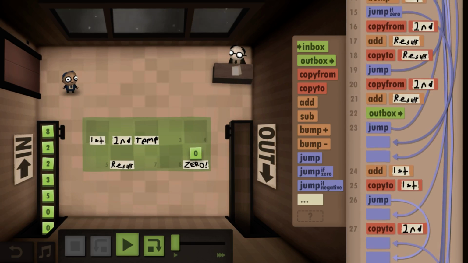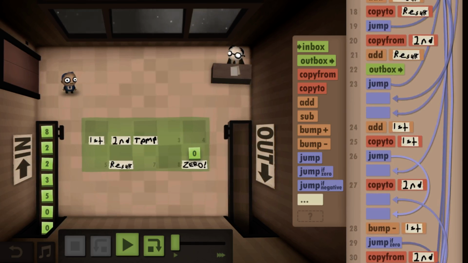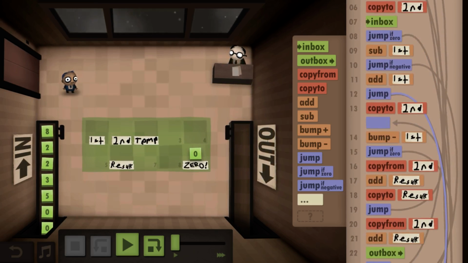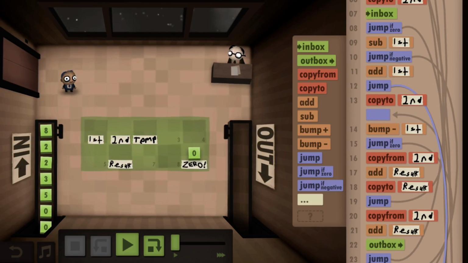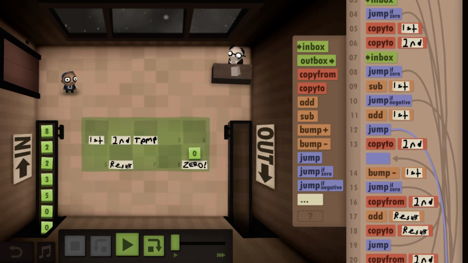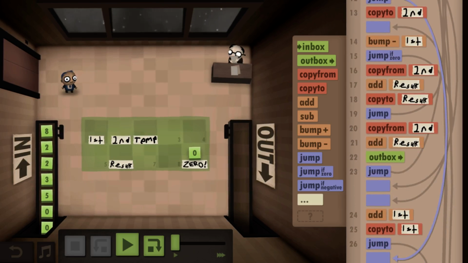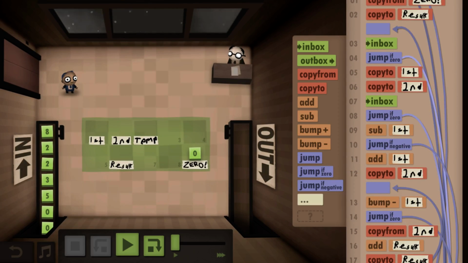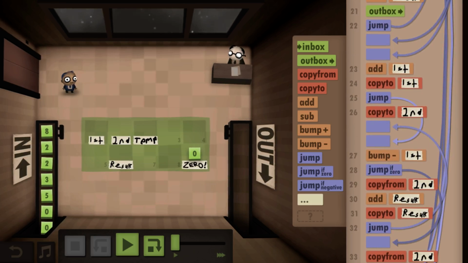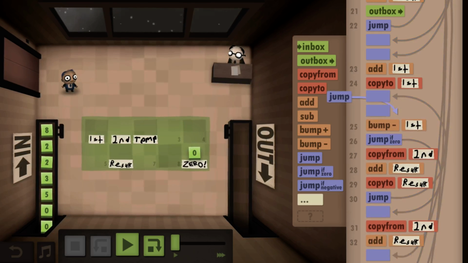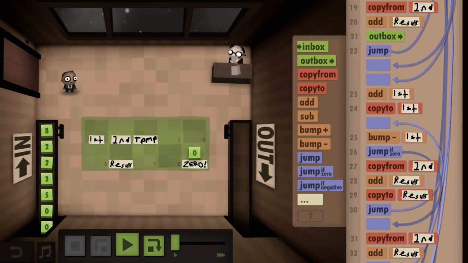Otherwise, copy to second. Which I don't think this jump needs to be here. I think I should have taken that one out already. Which means this jump doesn't need to be here.